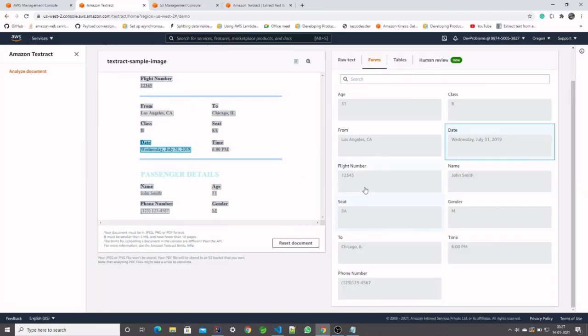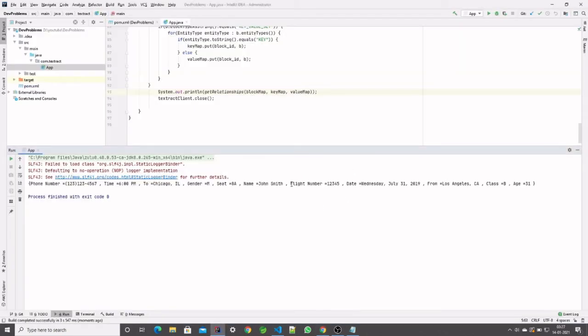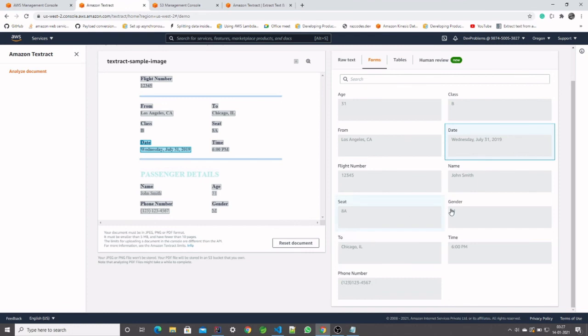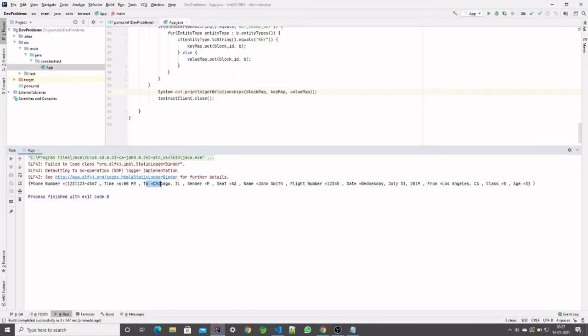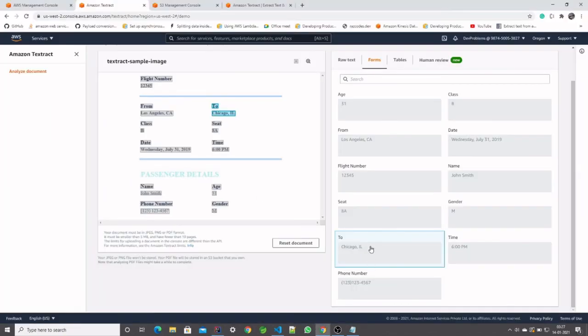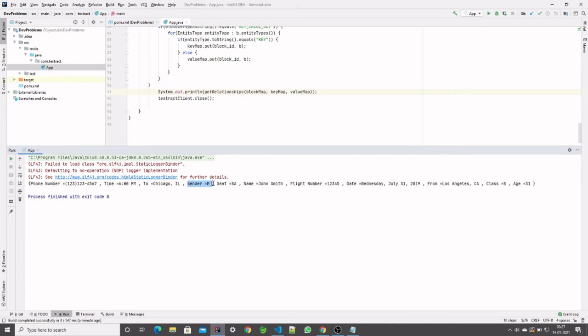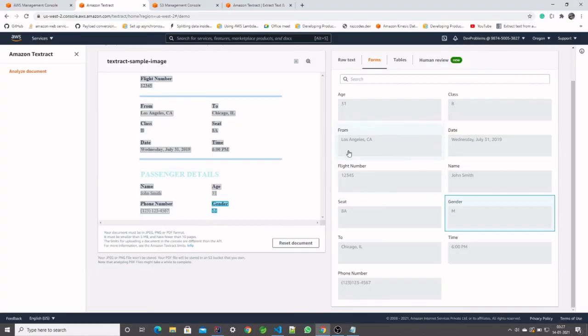You can verify it with this. As we know, we have the flight number key value pair. Here we have it over here. We have to Chicago, Illinois, and we have it here also the same. And we have gender. Do we have gender over here? We have gender, and we have it over here. So we have successfully got this